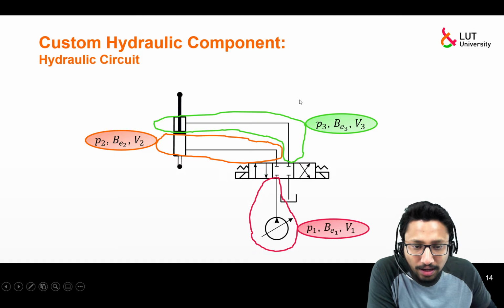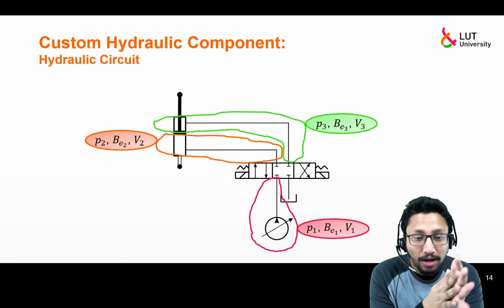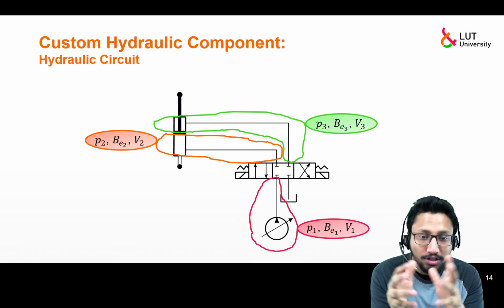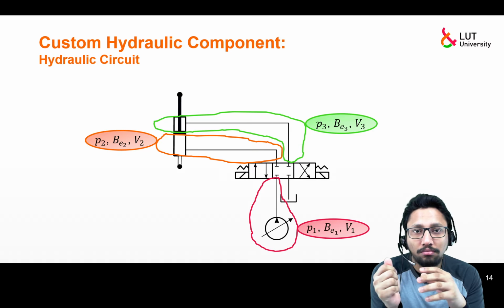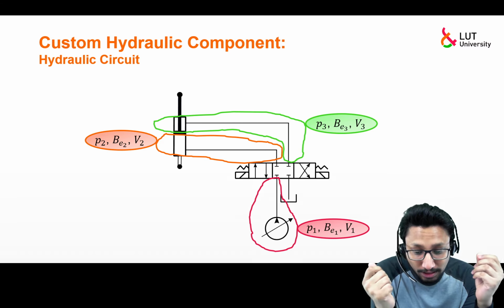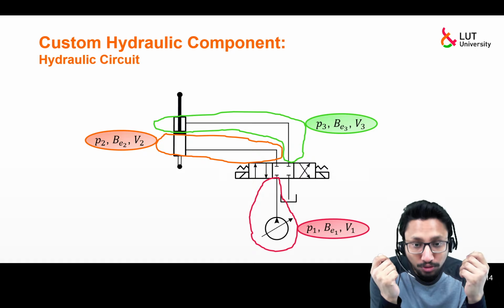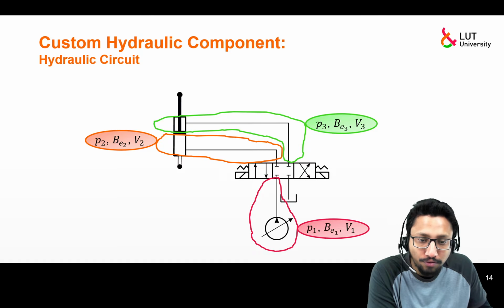If you see your entire hydraulic circuit, this we consider as section 1, where you have a pump and a hose connecting to it. Why is this entire thing section 1? Because the hoses also have a contribution in your system. They can introduce extra stiffness into your system. If the hoses are too long in length, then there will be a certain volume of fluid inside the hoses, and you should consider them because everything will affect the pressure, the volume and, of course, the effective bulk modulus.